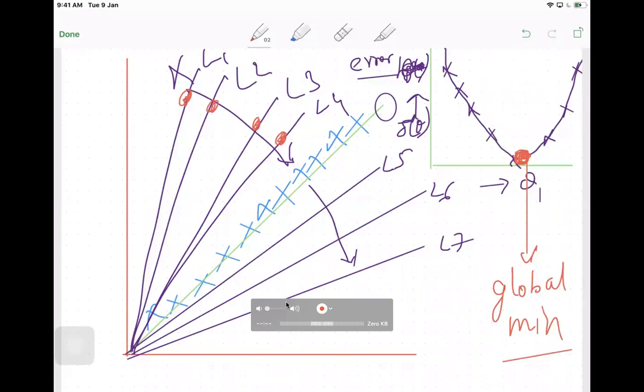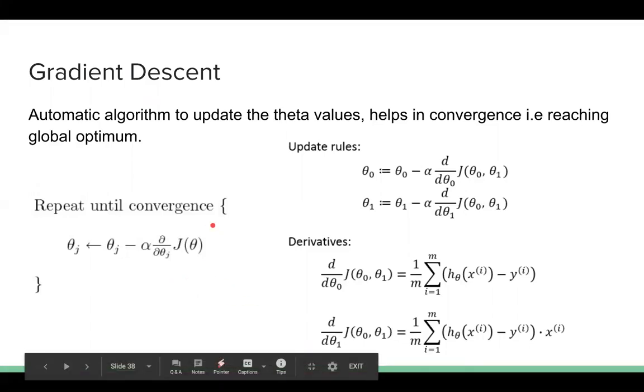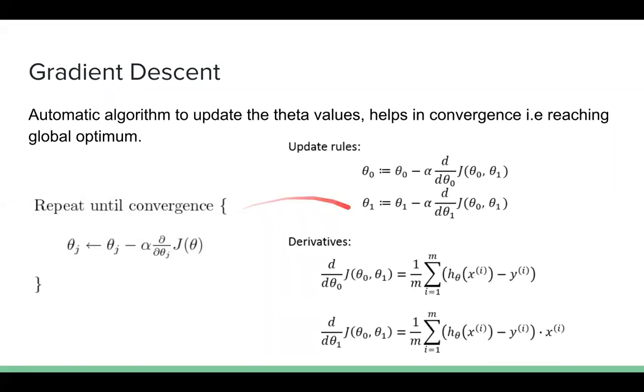Gradient descent is one of the algorithms which will automatically update the theta values and find for which particular theta naught and theta 1 you will get the minimum error for that data. The formula looks very confusing, but believe me, it is very simple. These two rules are nothing but updating theta 0 and theta 1. Initially we pick a theta 0 and theta 1, calculate the mean squared error. Now when you see the mean squared error was high, what do you do?